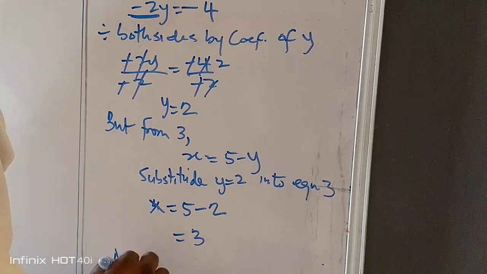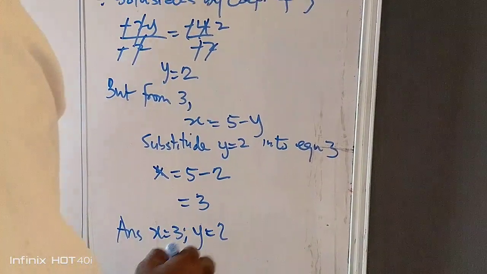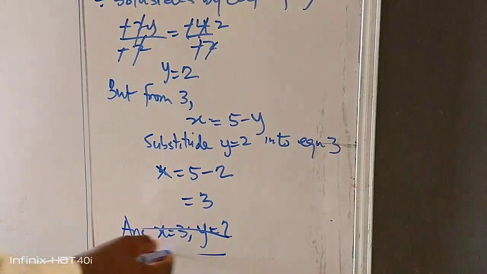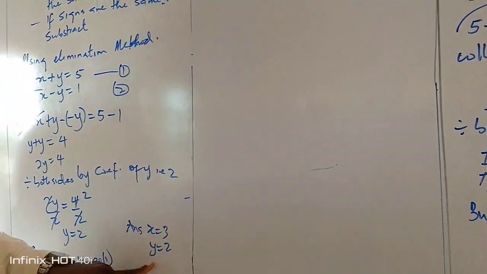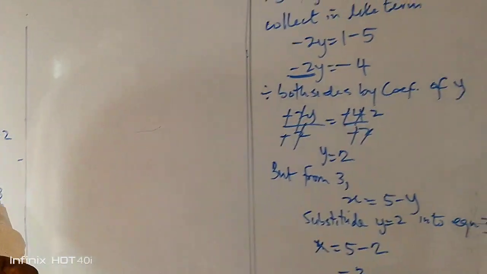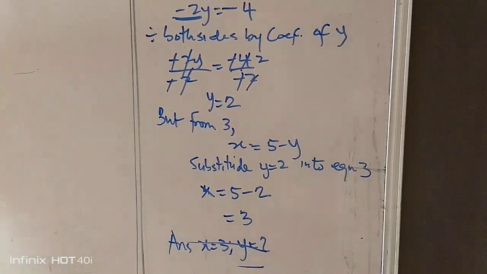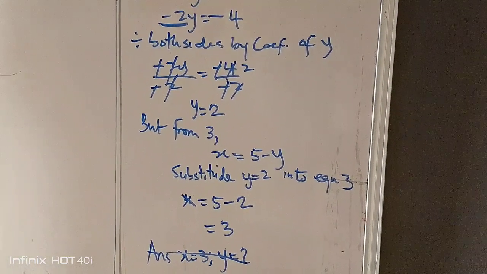So my answer will be x equals 3, y equals 2. The same answer we got when we solved using the elimination method. Alright, so I will solve one more question. This time around, not individual,